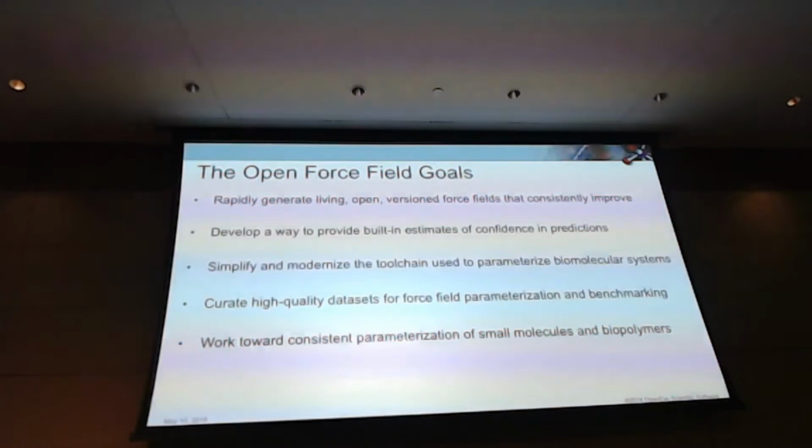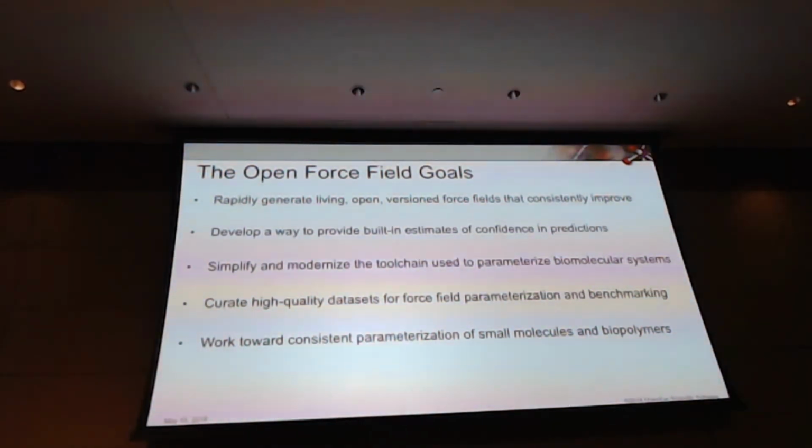So within the context of this effort, these are the goals. I just cut them and pasted them as text in there because I can't spend a lot of time on them and I don't really know how to paraphrase them. The first two bullet points have to do with providing force fields to people. Notice that there'll be open and versioned force fields, and we're aiming for consistent improvements. We're not going to produce one and say, this is the mother of all force fields. We're saying, this is where we've got to now. We're improving these things, and you'll know what's improved because, from the second bullet point, you'll have built-in estimates of confidence in the predictions.